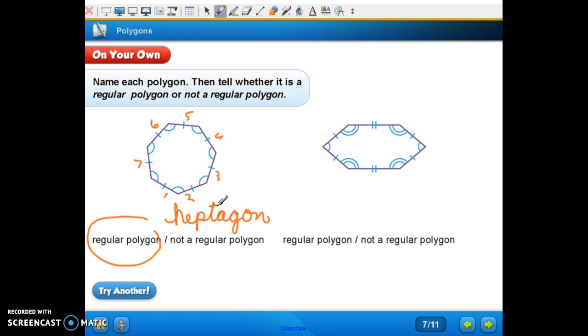Okay, let's look at this other one. Are all the sides marked the same? No, these sides are marked differently, right? So is it regular? No. Are all of its angles marked the same? No, so it can't be regular by the angles either. Now let's see how many sides it has. 1, 2, 3, 4, 5,